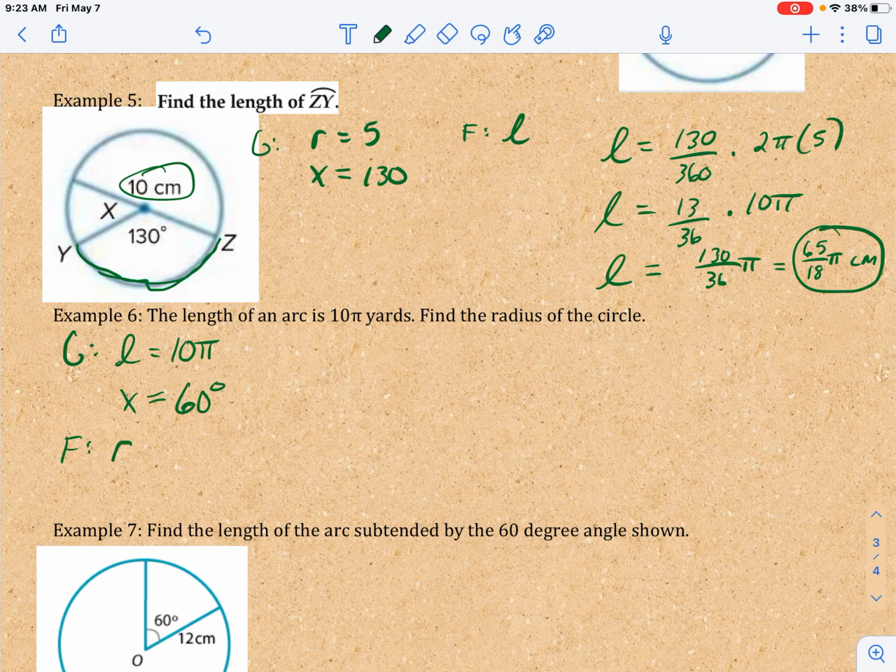We want to find the radius. Again, I got my formula: arc length is x over 360 times 2 pi r. That equals 60 over 360